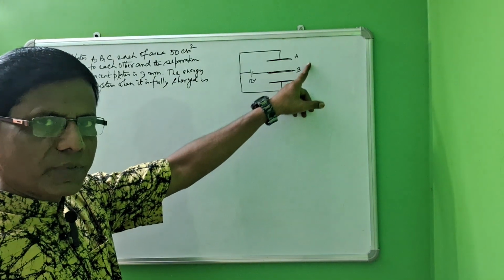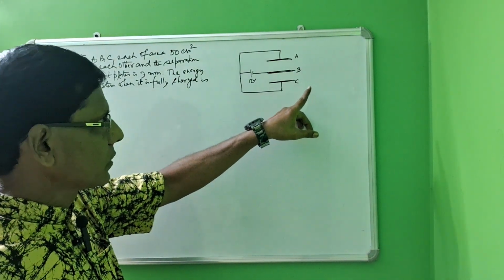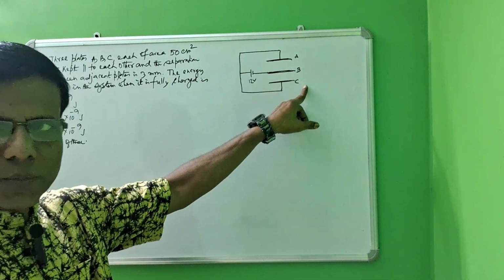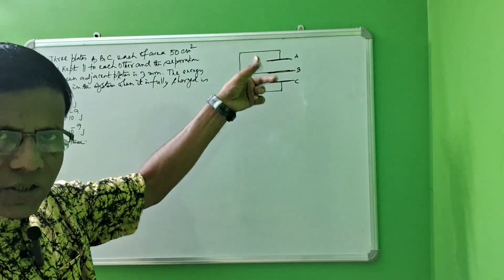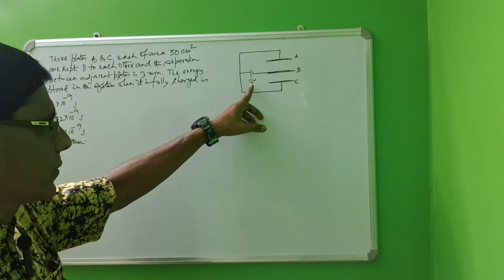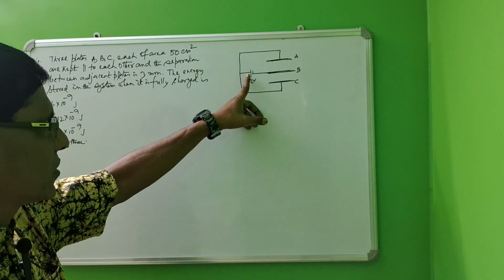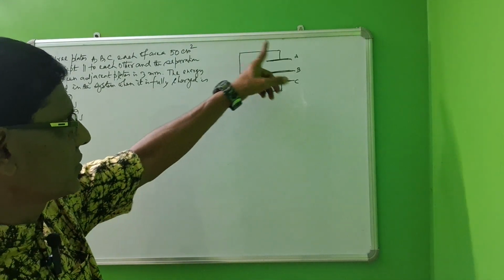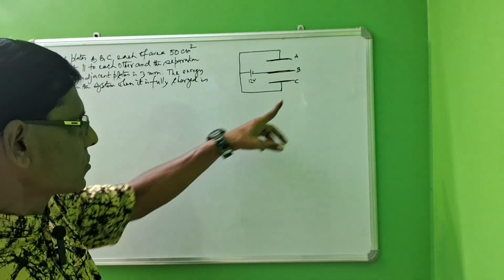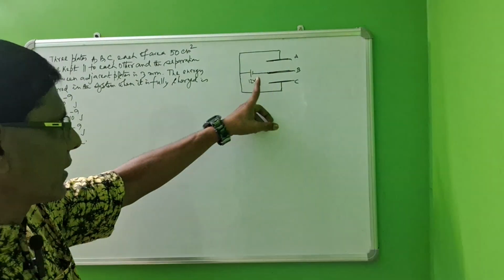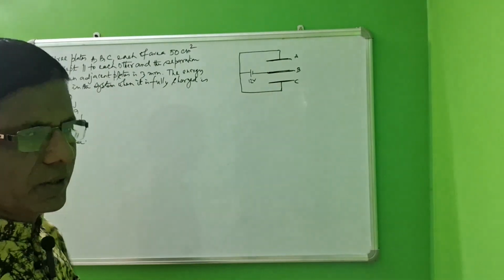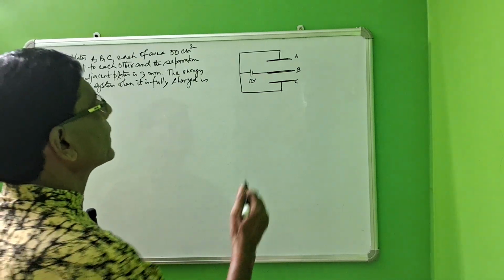Three plates A, B and C. Three parallel plates A, B and C are arranged in this way. There is a 12-volt cell applied, whose positive end is connected to A, also connected to C, and the negative end is connected to B. So we can write that